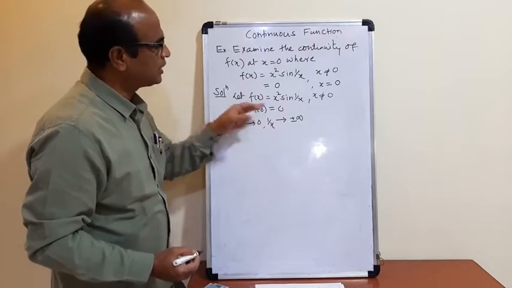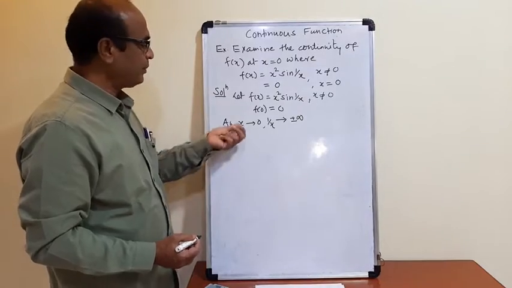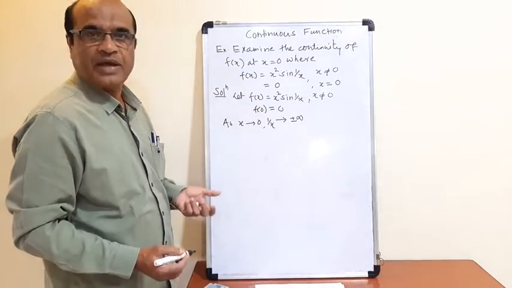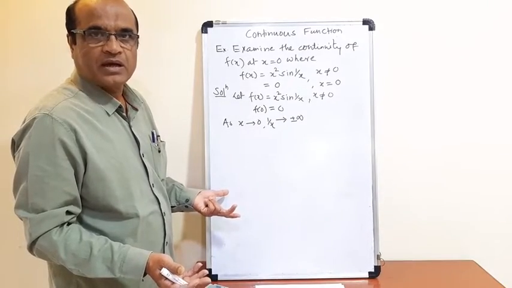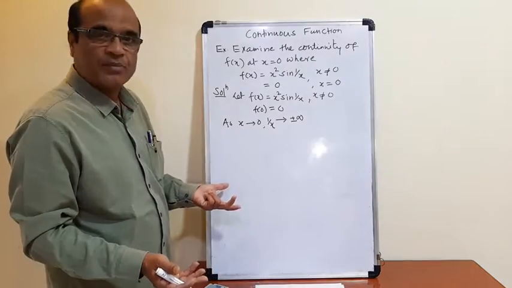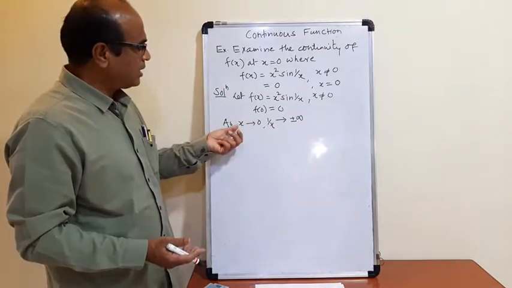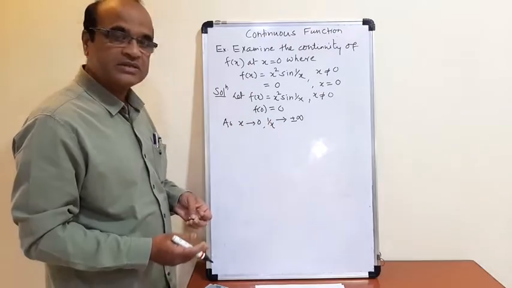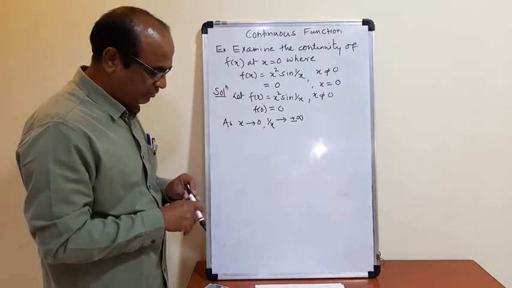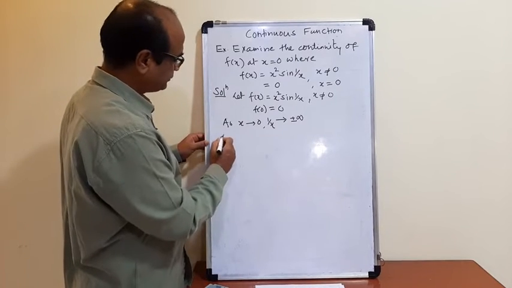So 1 upon x tends to plus infinity or minus infinity depending on the values of x. If the values of x are positive, then 1 upon x tends to plus infinity, and if the values of x are negative, then 1 upon x tends to minus infinity. So this is very simple, and hence